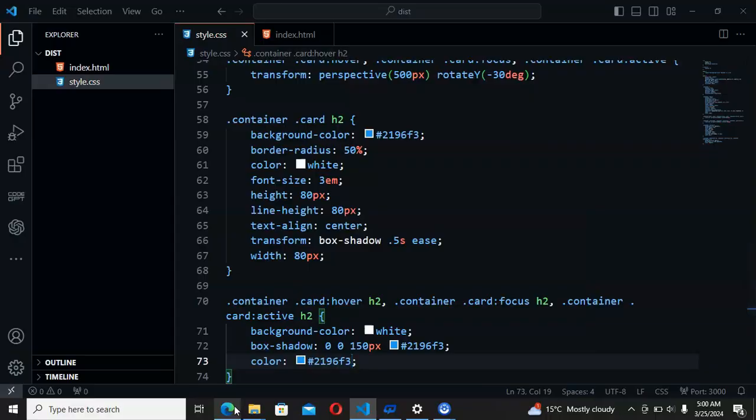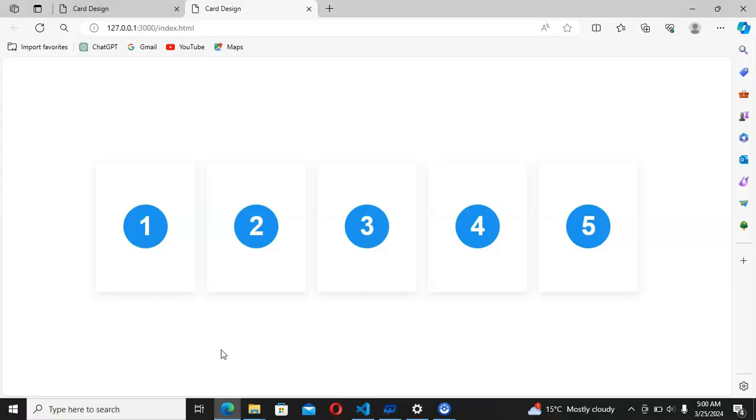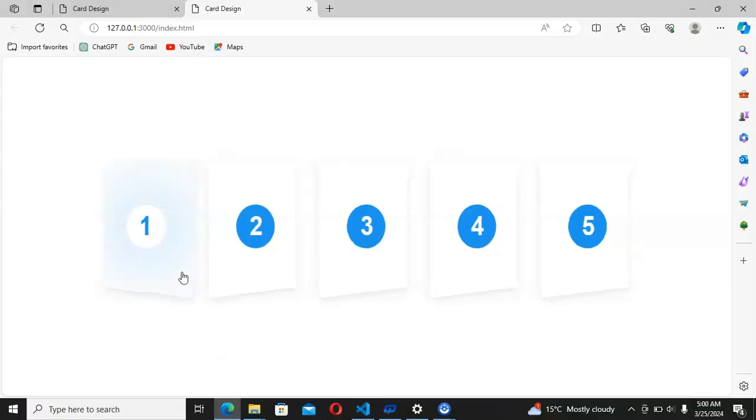Now going to my browser again, as you can see when I hover it,